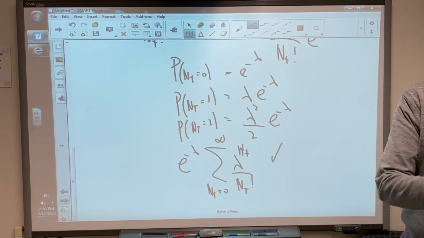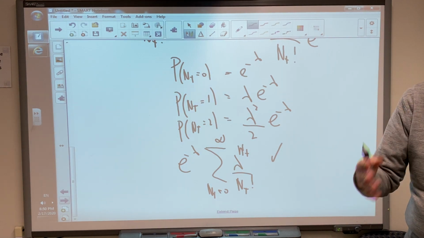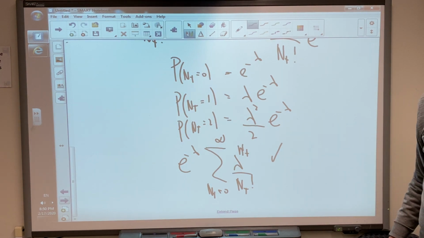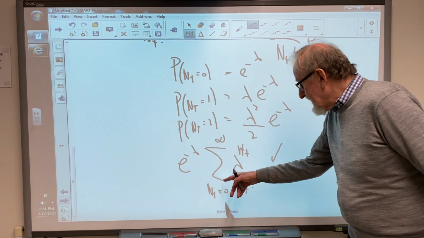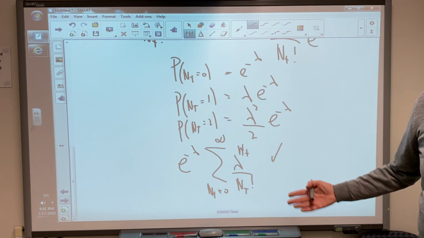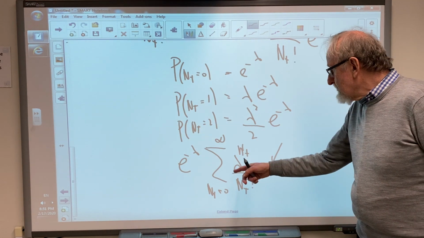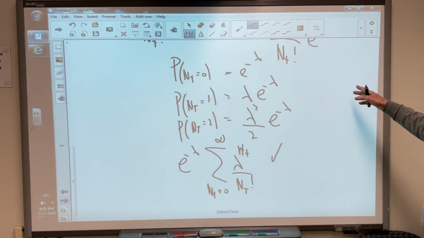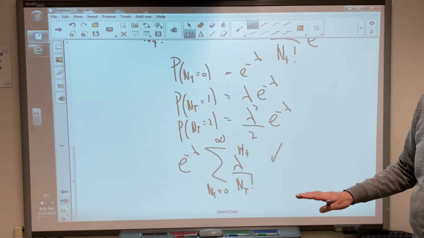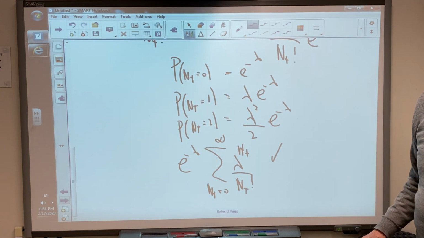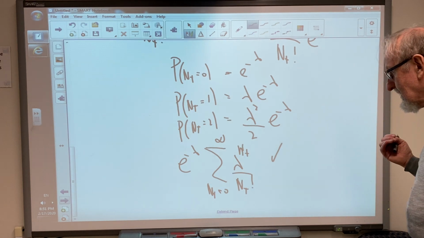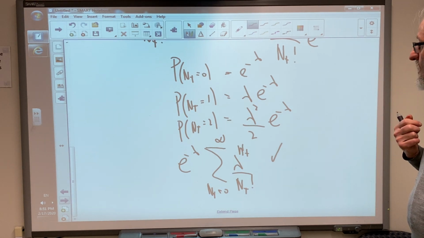You can check, and I believe I have it in the computer. If not, I will show it next time. I'm sure if I open my computer, I can find it there. That this expression actually approximates quite well the binomial, particularly when n plus is a small enough number. For n plus equals 0, 1, 2, 3, 4, 5, it's a very good approximation. When n plus becomes very big,